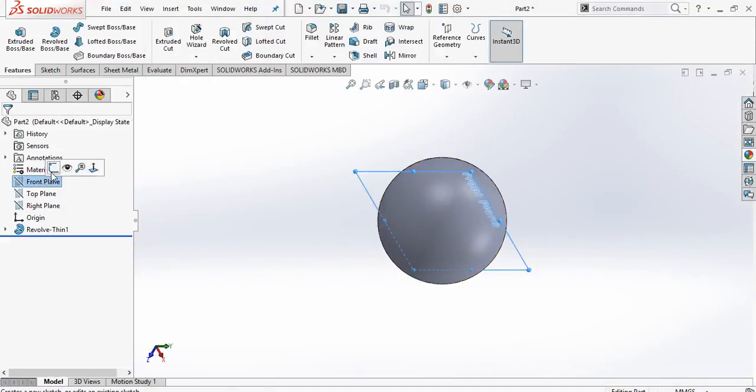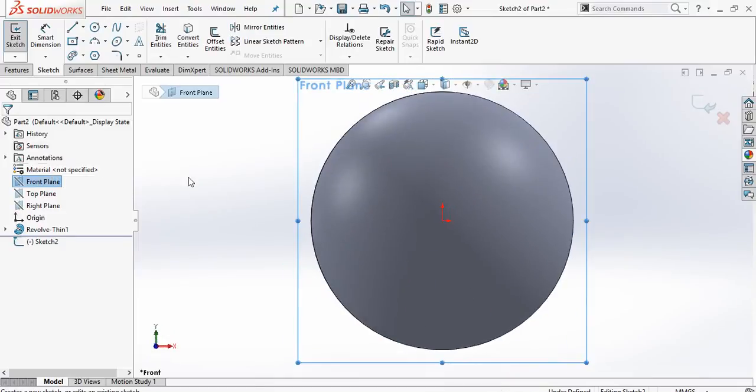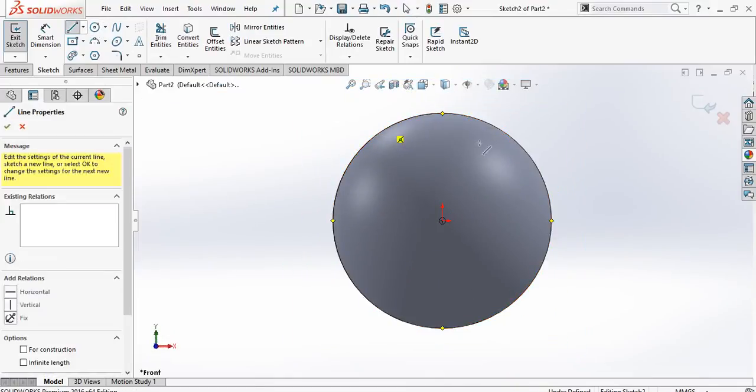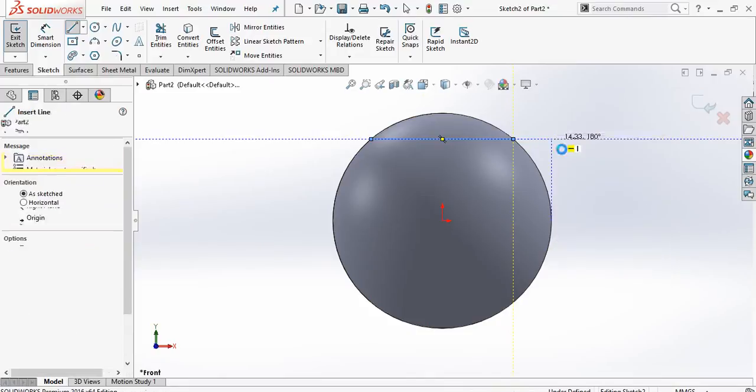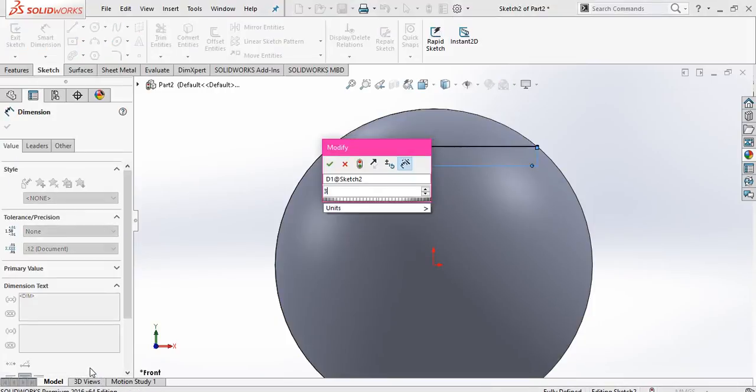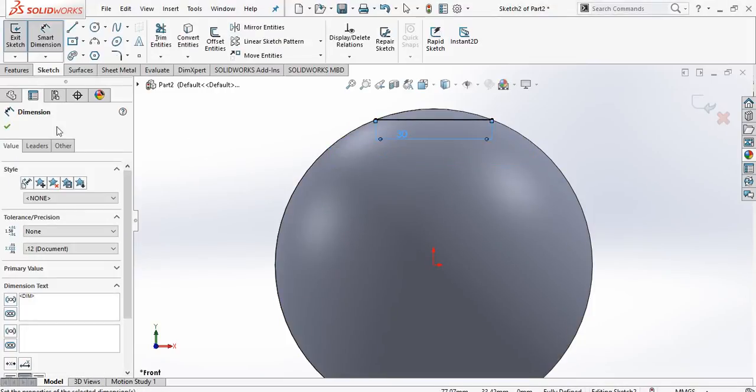Now choose front plane, go to sketch and normal. Here select a line and draw a horizontal line, it should coincide with the outer line like this, and select smart dimension and the length should be 30 mm.